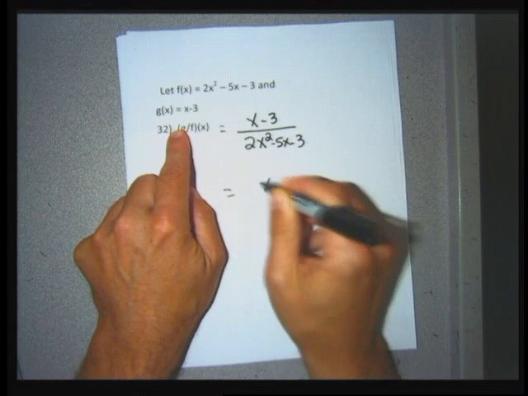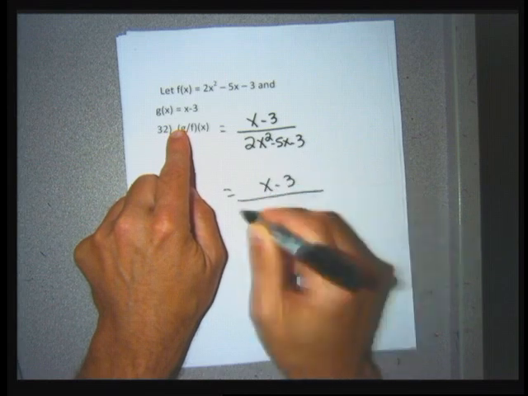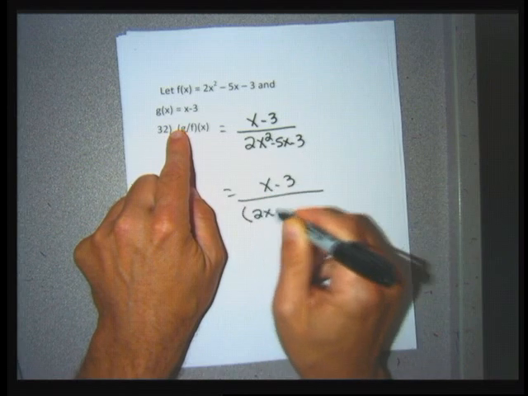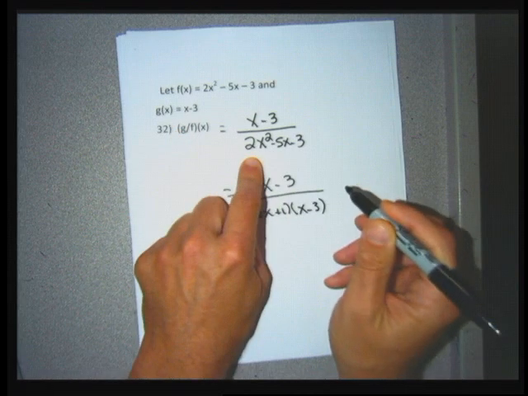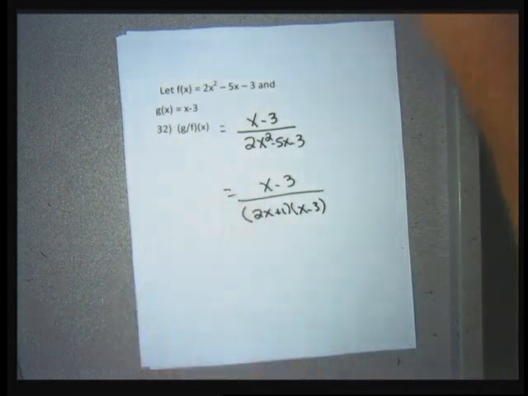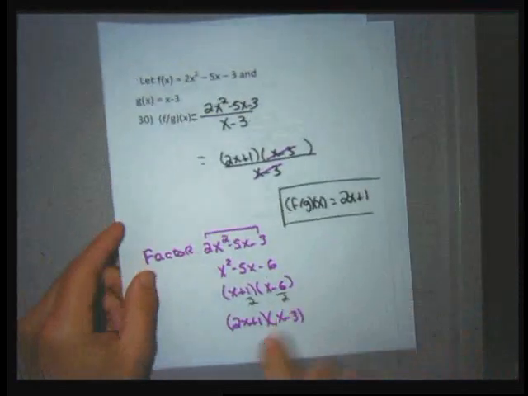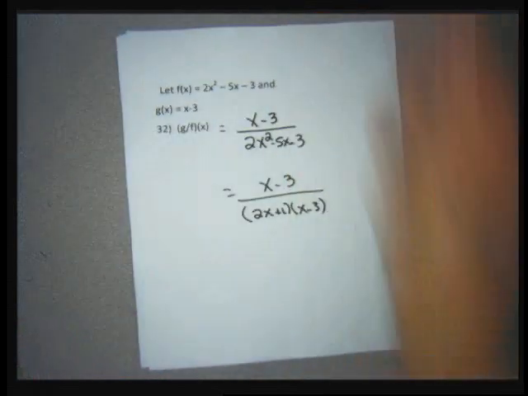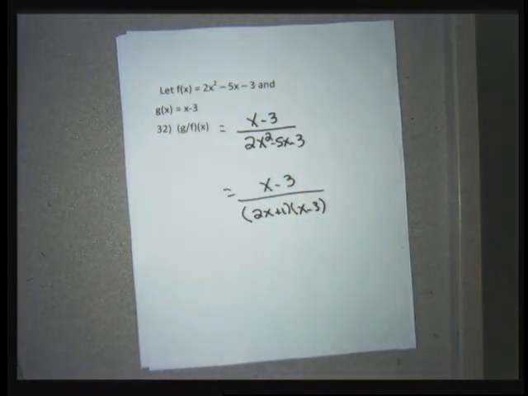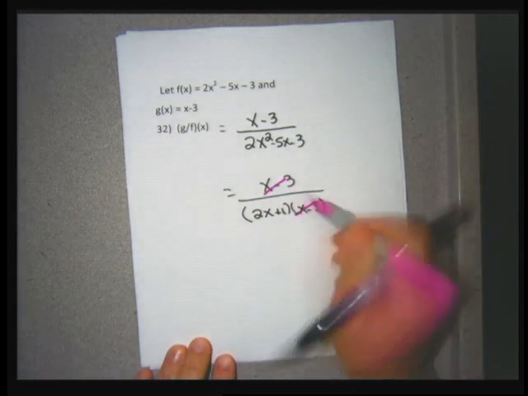And now I'm going to reduce. The reducing for fractions is factoring and canceling. I know how to factor this 2x squared minus 5x minus 3 because I just factored it. That factors into 2x plus 1 times x minus 3. So 32 is just like 30 in that it's asking me to form a fraction. The difference is what goes in the numerator and the denominator. And when I cancel, just like I did in the last problem,